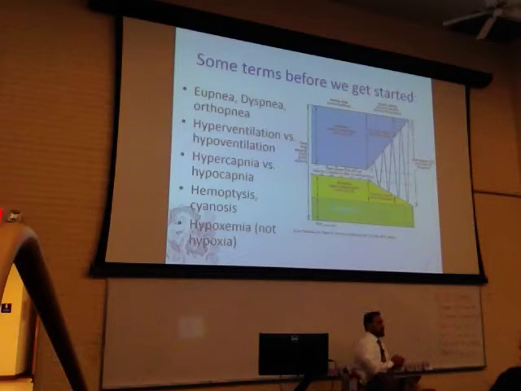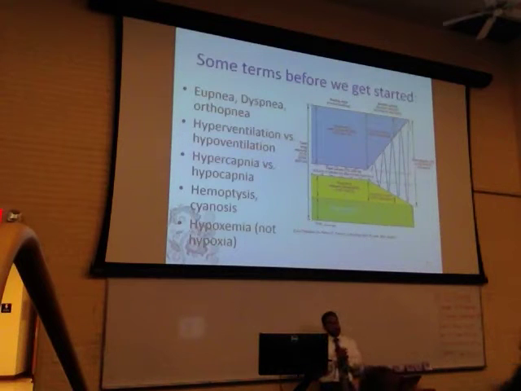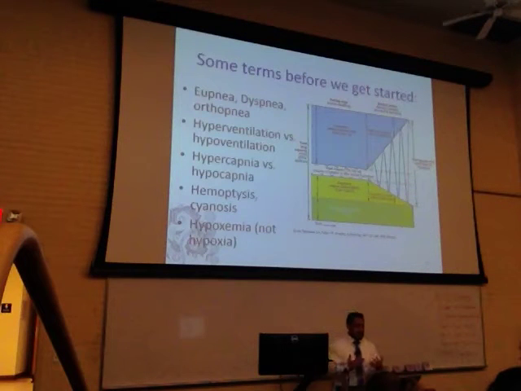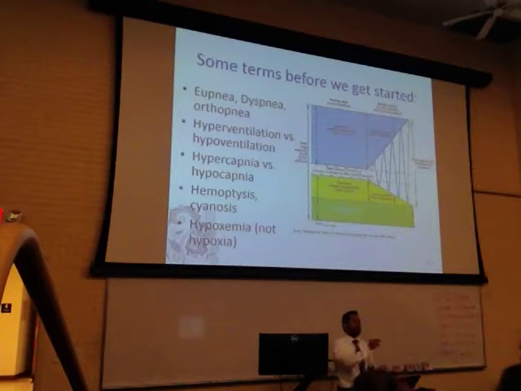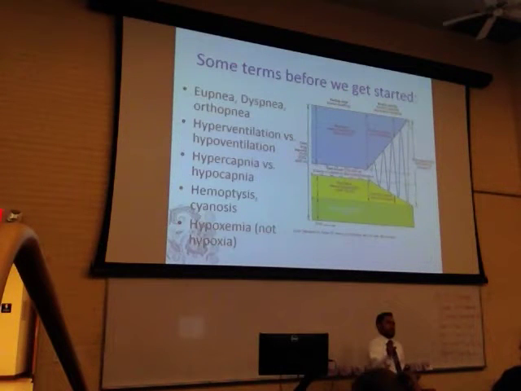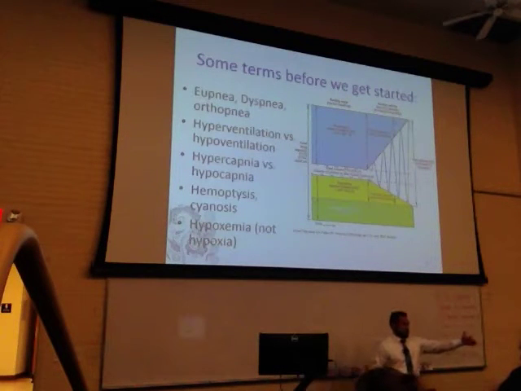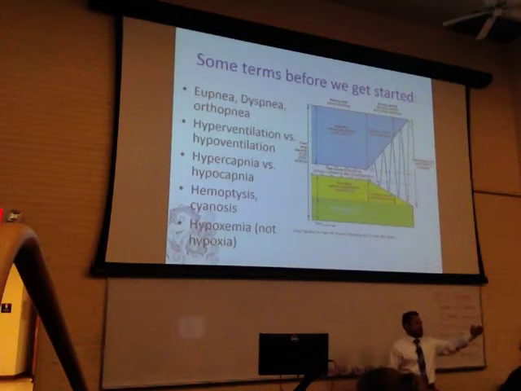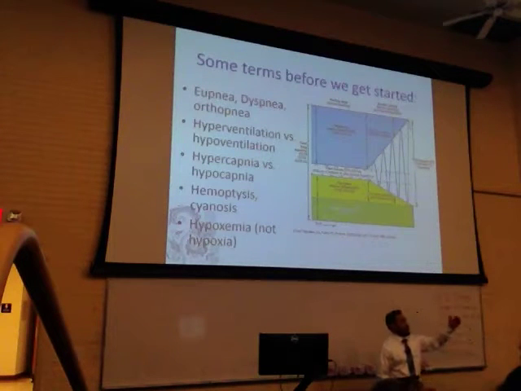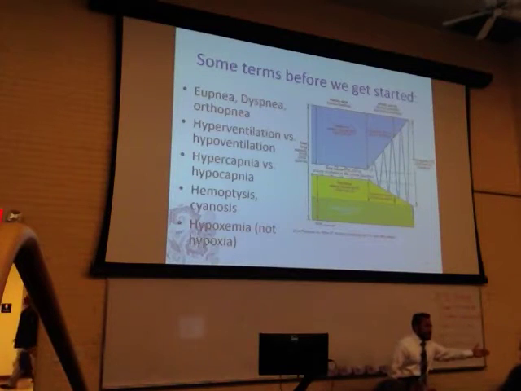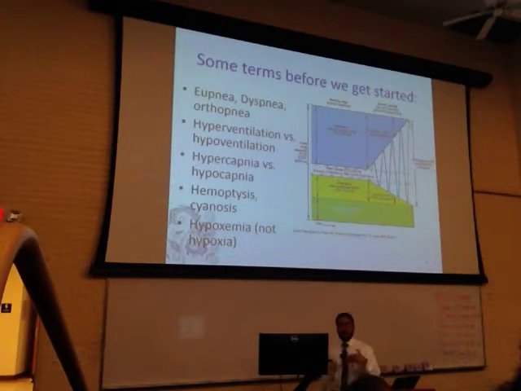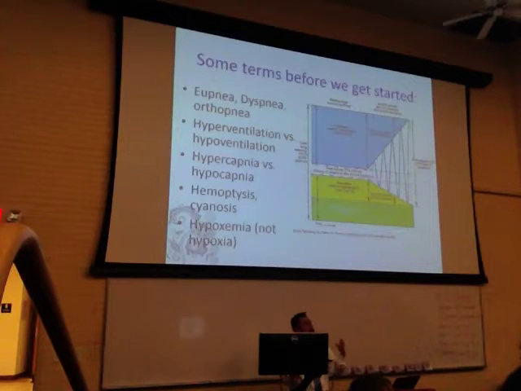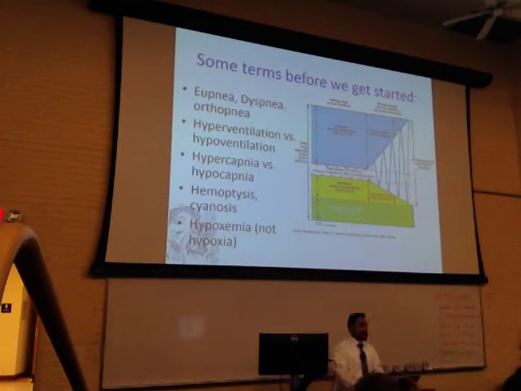Now, there's another term that's not on the screen that I should define. We use the term ischemic. So how is that different? Ischemic is actually referring to blood flow, not oxygen. So if a tissue is ischemic, that means the blood flowing to the tissue is compromised, and it'll probably become hypoxic. Make sense? Okay. So hypoxemia and hypoxia are referring to O2 levels, oxygen levels, and ischemia is referring to